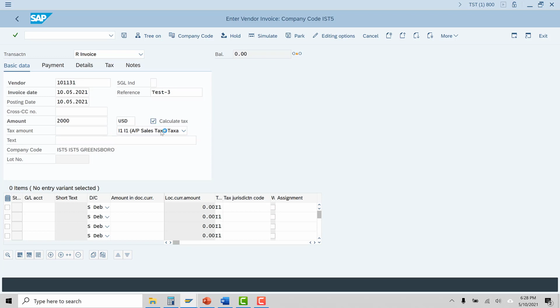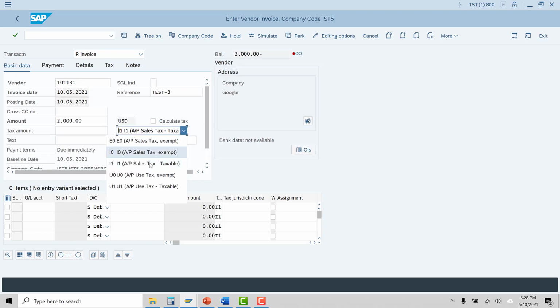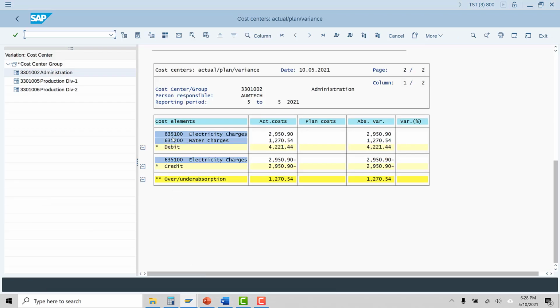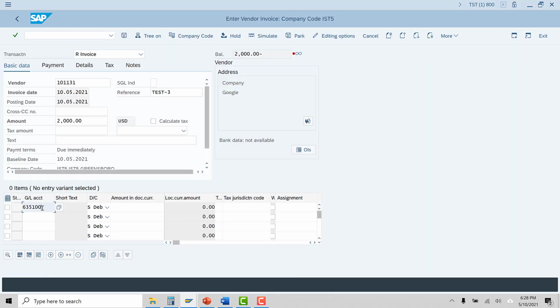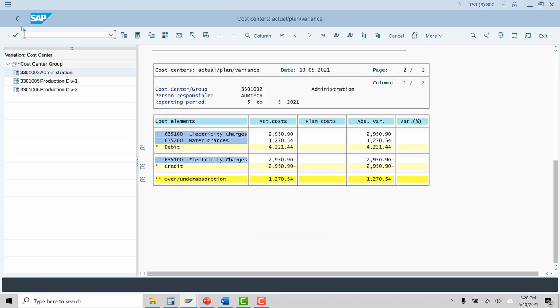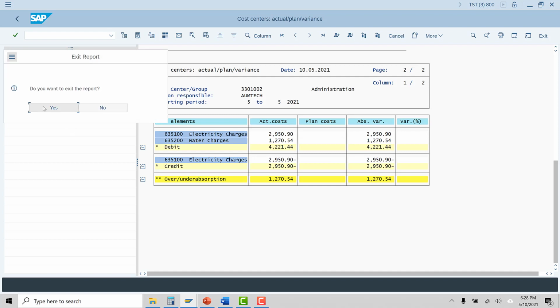This time it's US dollars, non-taxable, and we are taking the cost, electricity charges, 635100. $2,000 US dollars we are going to post to it, and this is to the admin cost center. Okay, so I posted this to the admin cost center. Let's run the report again.